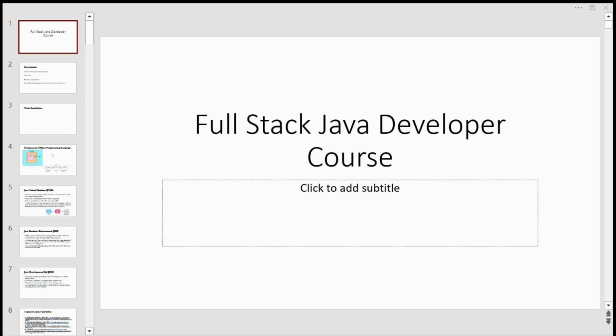So there should be some management, that is some multi-threaded logic needs to be added. There are two things. One is in the backend you have to do the multi-threading. In the front end you have to do the session management. So we will keep the session management aside now. We are learning about the core Java, so I'll be explaining about that in detail. When we do the UI logic, there we will discuss that one. So coming back to this multi-threading, say you are the user, you are logging in to an online shopping app, any online shopping, Amazon, Flipkart, whichever your favorite one, you're logging in.